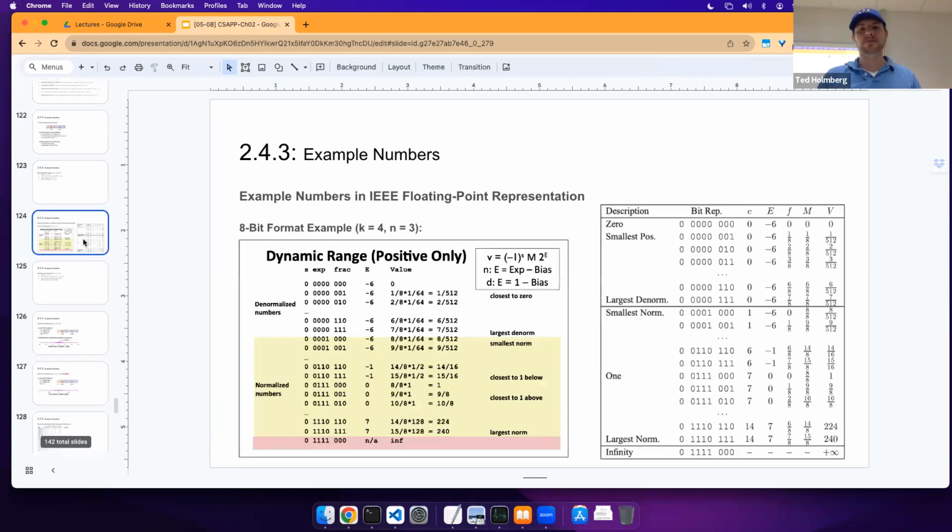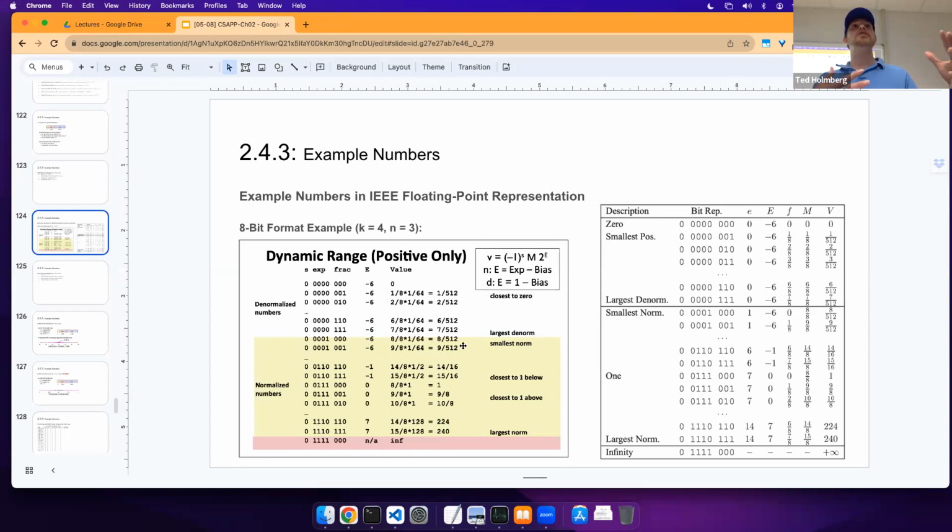Let's actually look at actual numbers. This is still my 8-bit representation. What we see here is my binary string, right? So my sign bit, my exponent field, my fractional field. This is my e term, and this is going to be my value. So this is going to be my largest denominator, my denormalized value, which then leads to my smallest normalized value,